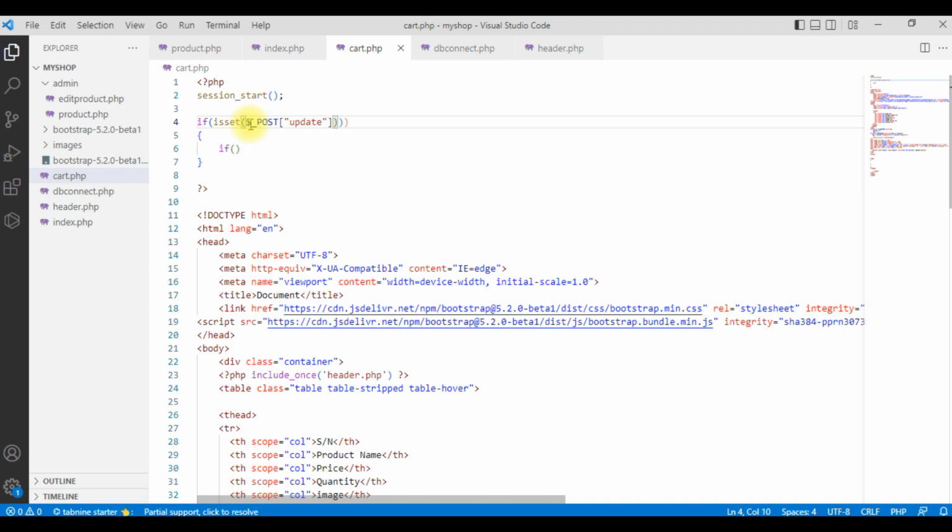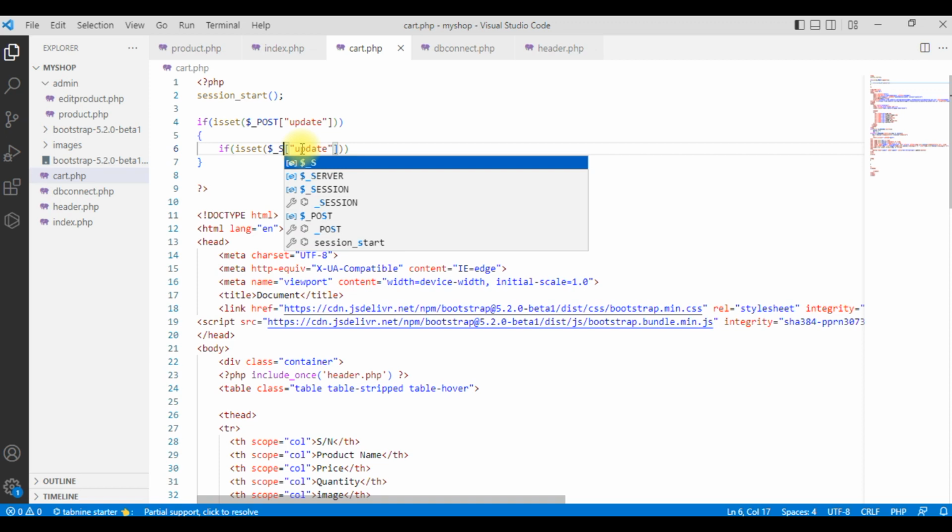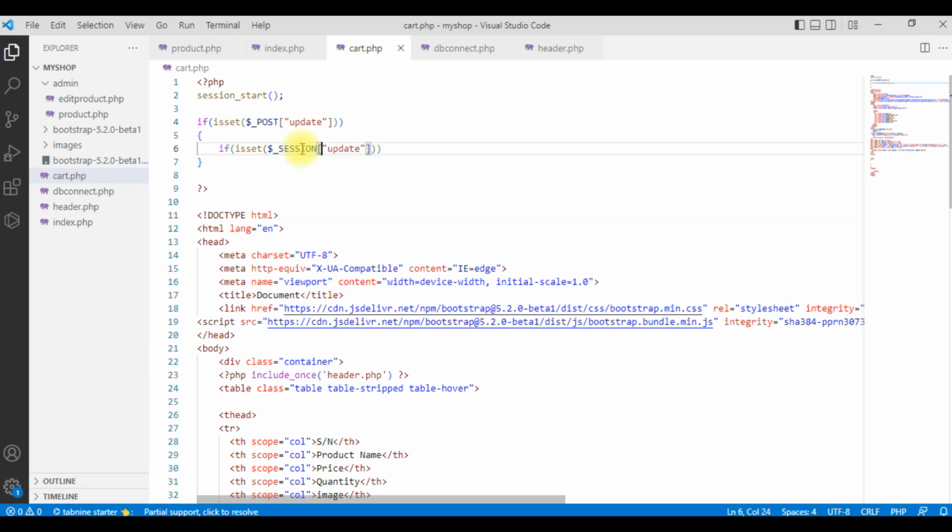Do we need this again? No, we don't. Okay. So this is another isset. If it's set, session cart, if you have something in the cart